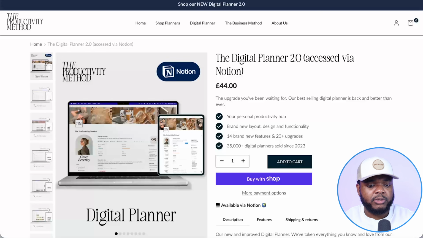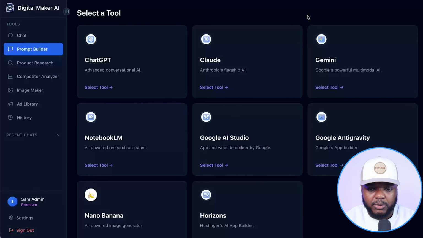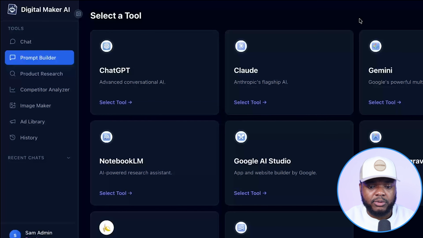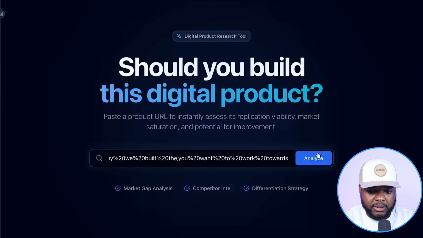And if you're someone that hasn't built their digital product yet, and maybe you've come across something like this that's ranked in the AI mode and you want to do something similar, I would recommend first and foremost copying the URL just like this and then going over to this app called Digital Maker AI. You guys already know how much I use this tool when it comes to the digital product process that I go through, because what you can do once you've created your free account, I'm going to leave a link down below, is click into product research over here, paste the URL in there just like this,